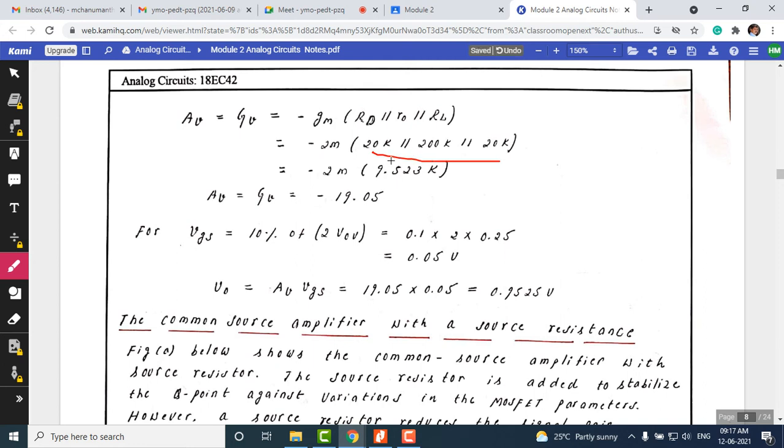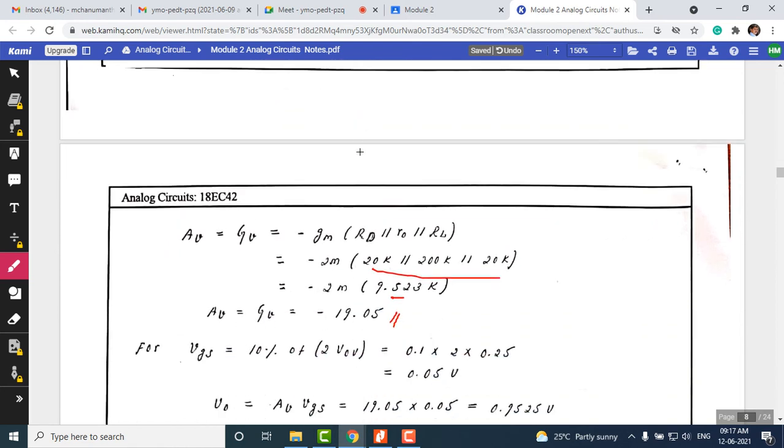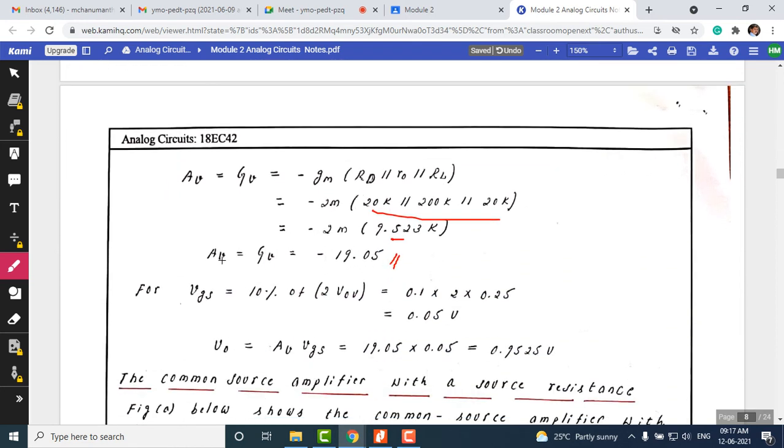Don't write the values that I have shown here. Write down, calculate this and find out this value. This value leads to 9.523 k, and multiplying that with the transconductance, minus 2, gives us the overall gain as minus 19.05. Observe that the gain with RL as infinity, which is Av0, is minus 36.36, which is very high. And now you observe the overall voltage gain of the amplifier is 19.05,